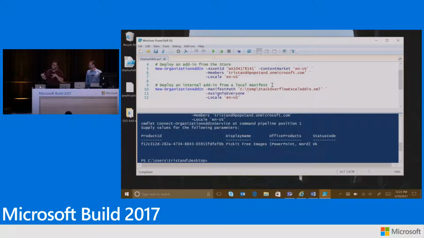So it's going to grab the manifest from my hard drive or from a URL and put that up into the site. Or I can even deploy through add-ins from the store. And you can see here I grabbed the asset ID from the store and said, I don't want one of my local add-ins. I want to deploy an add-in that comes from the store. And while we were doing that, you can see that it successfully went and grabbed and deployed that add-in into